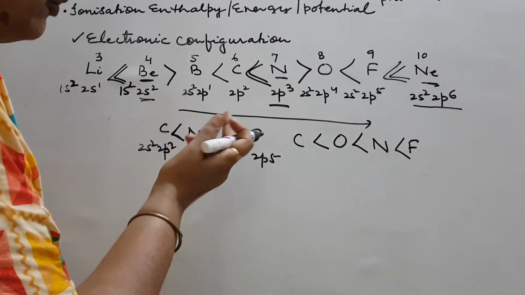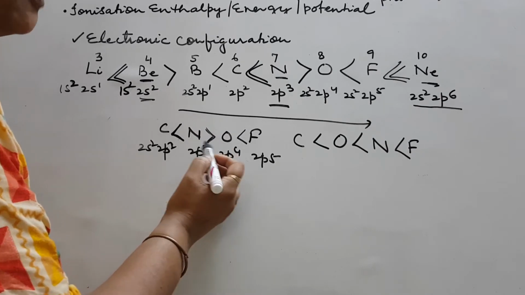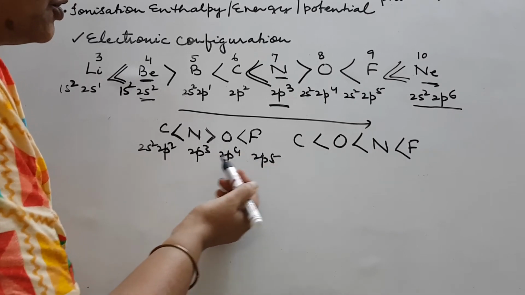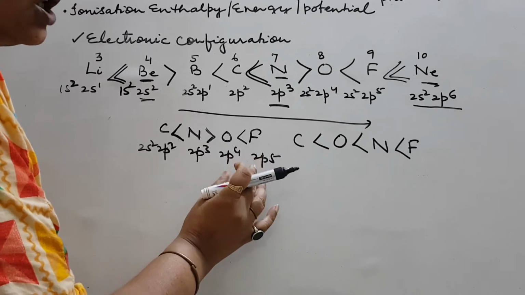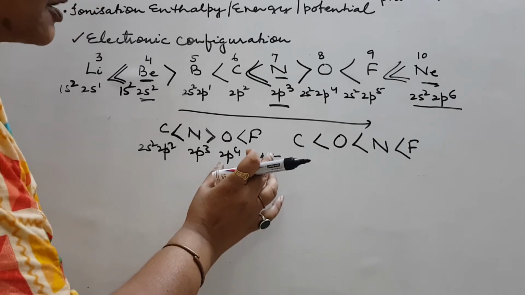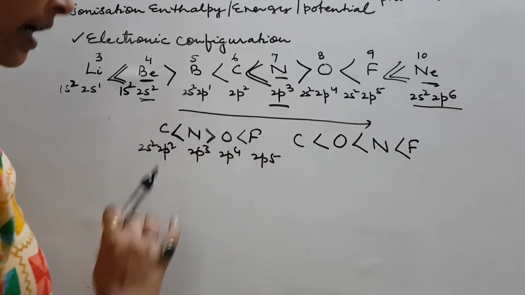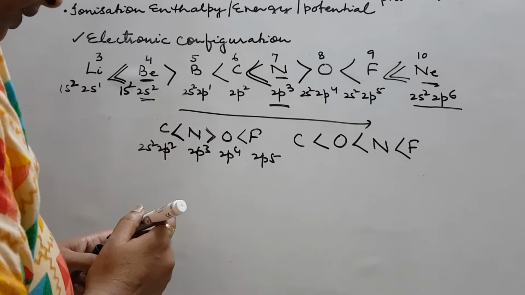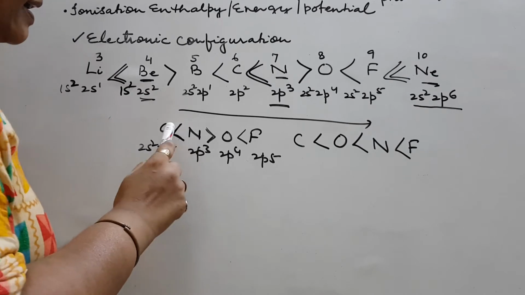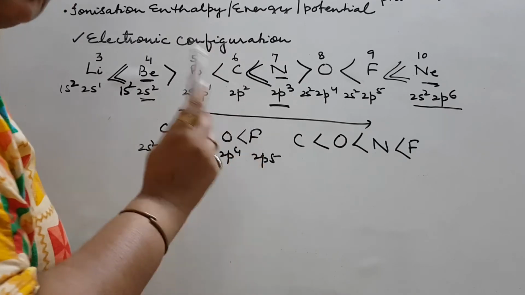Now out of N and O, we know that O is smaller in size, but p3, hence this value will be higher. p3 provides extra stability. Out of O and F, there was no special configuration factor with half-filled or fully filled orbitals which could be taken into consideration. Hence only the size factor, and keeping in mind that F has the highest value, higher than this. Now they are saying arrange it in the increasing order. So children, we have seen N has a higher value than this, but that does not mean N will have a higher value even than F. No.